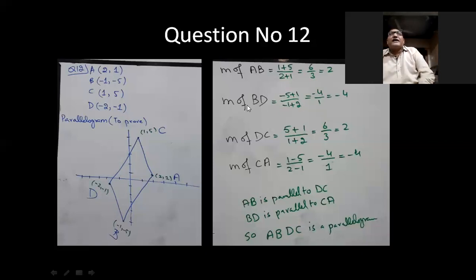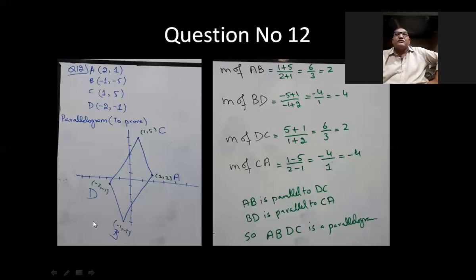The gradient of the AB will be 1 minus 5 over 2 minus 1. That will be 1 plus 5, and 2 plus 1. I'm using the formula of the gradient, which is y2 minus y1 divided by x2 minus x1. So we will have 1 plus 5, that will be 6, 2 plus 1, that will be 3, 6 by 3 is 2. So the gradient of the AB side is 2. Now we find the gradient of the